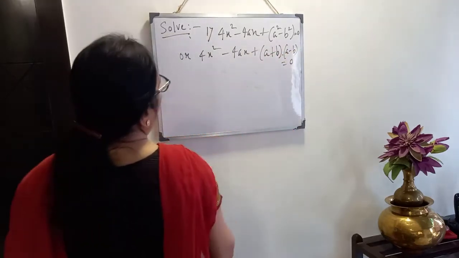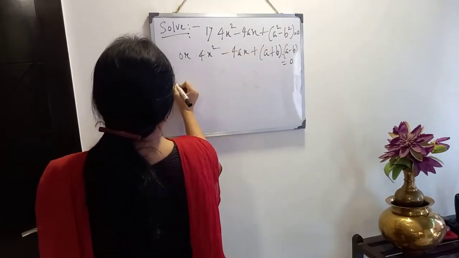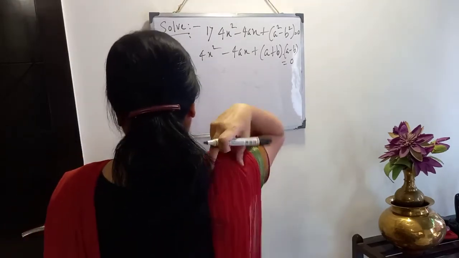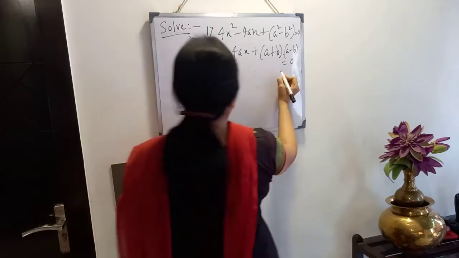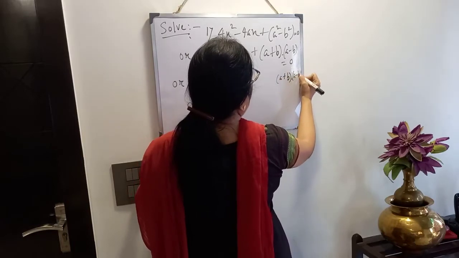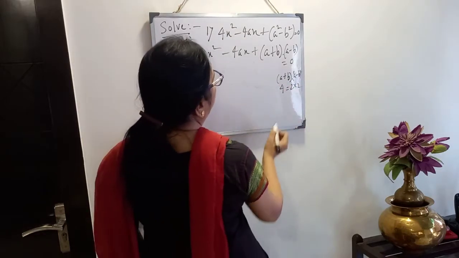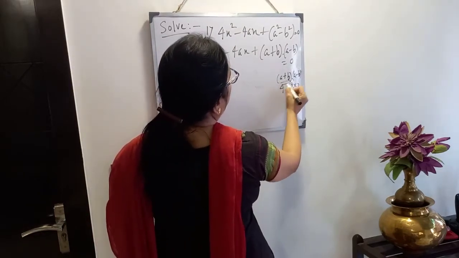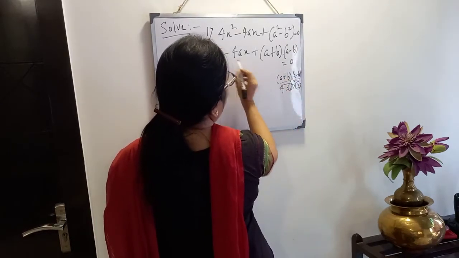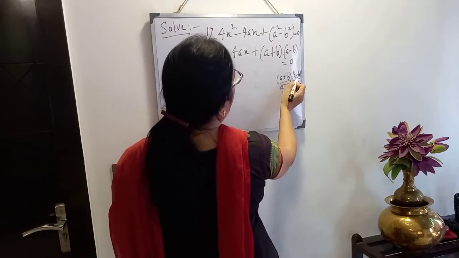We are getting this. Now by using this and 4, I have to bring 4a. How? 4 I can take in this form. Your factors are a plus b, a minus b and 4. 4 equals, we can write 2 into 2. So if one 2 I take with this factor and another 2 with this term, then we will get the middle term. Clear?